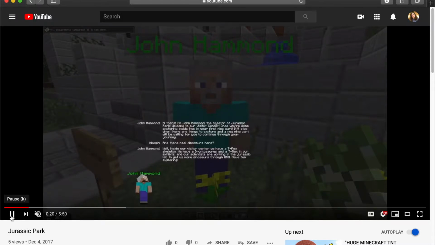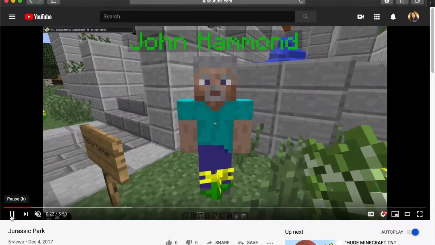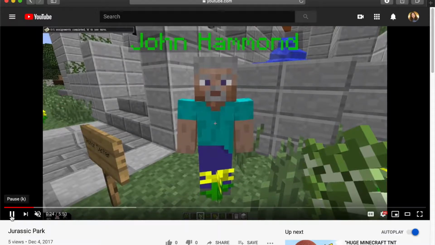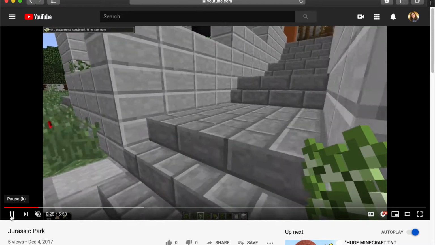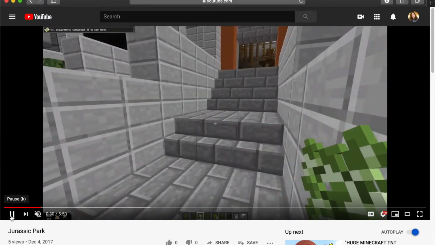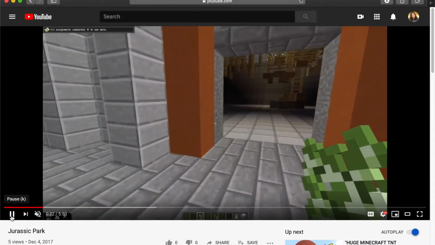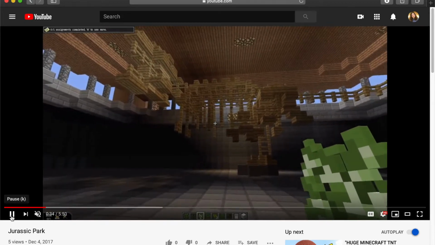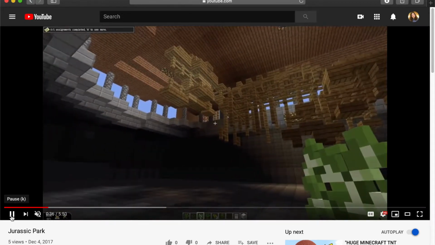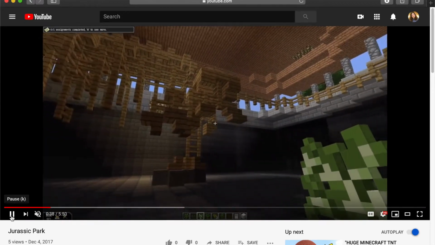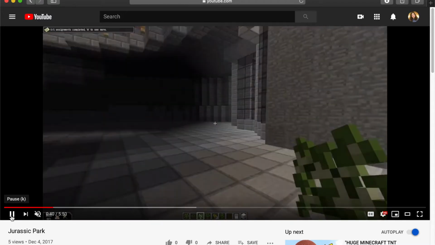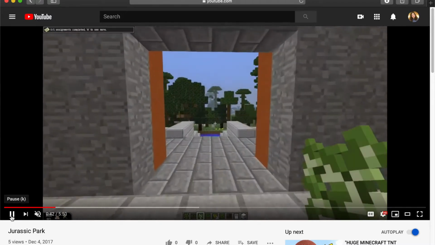So we're going to go into the visitor center right here, and since this is just a sample of what the world will be like, the visitor center just has the T-Rex sculpture, but there would be different stations and different things to be doing in here for the students before they go on their journey through the park.